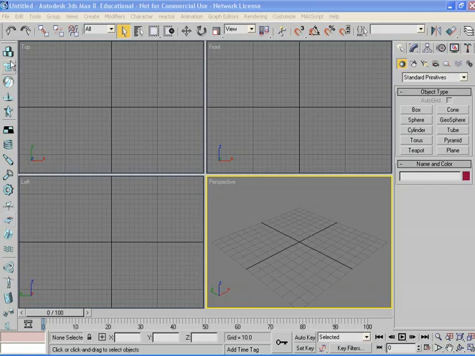Okay, your next lesson will be very similar to the first one, only you're going to take it to the next step. It's going to be using auto keyframing, but instead of just a simple primitive object, you're going to use a biped. You're going to animate the biped, have it do some sort of